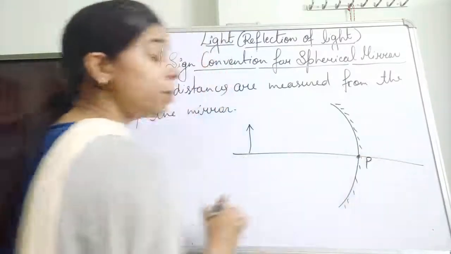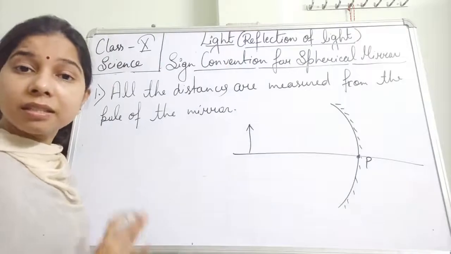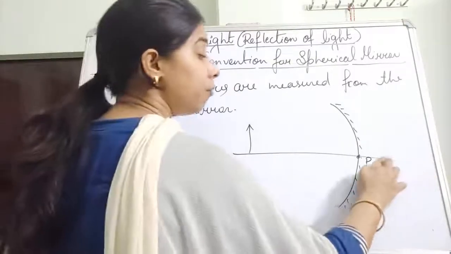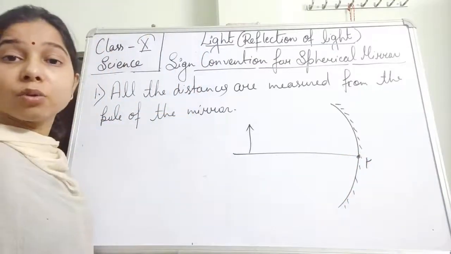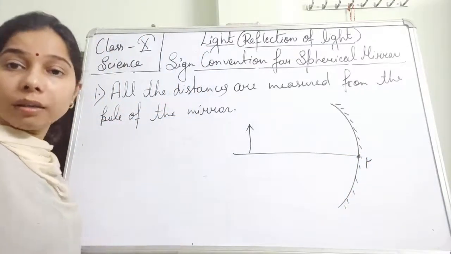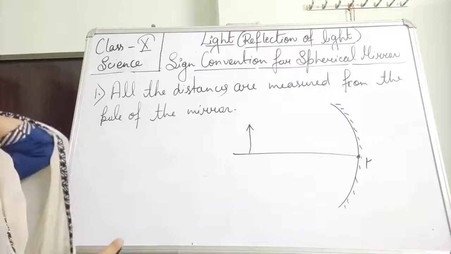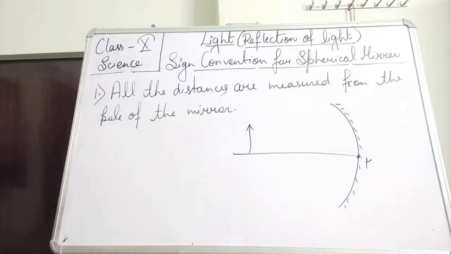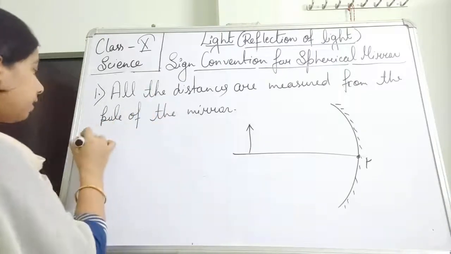So if this is the pole, students, whatever distance we are going to measure, where the object is kept, we will simply measure it from the pole of the concave mirror. So we can say here that all the distances are measured from the pole of the mirror. Then the second one is distance measured